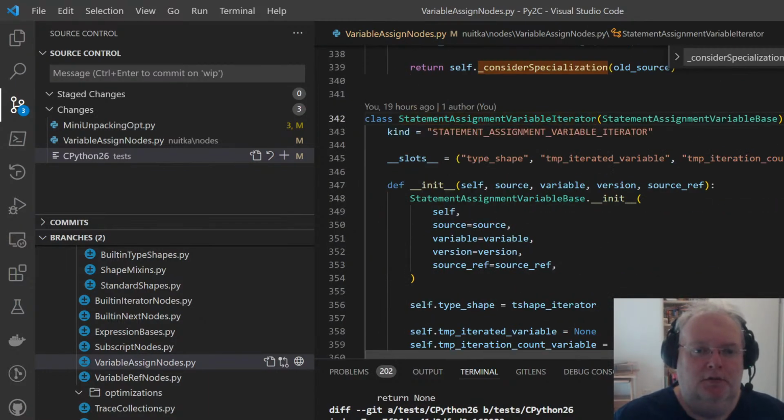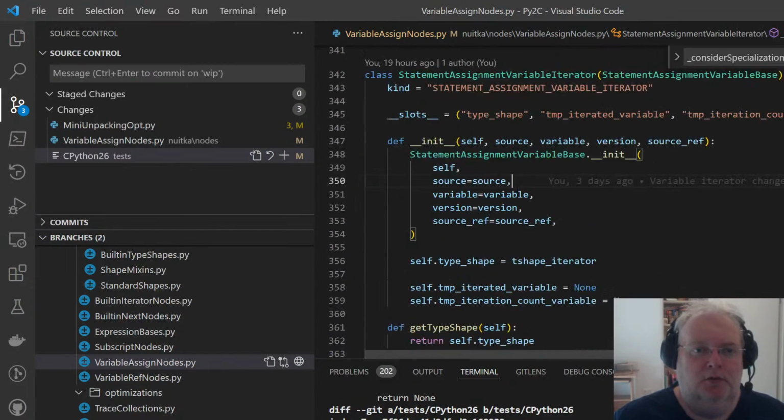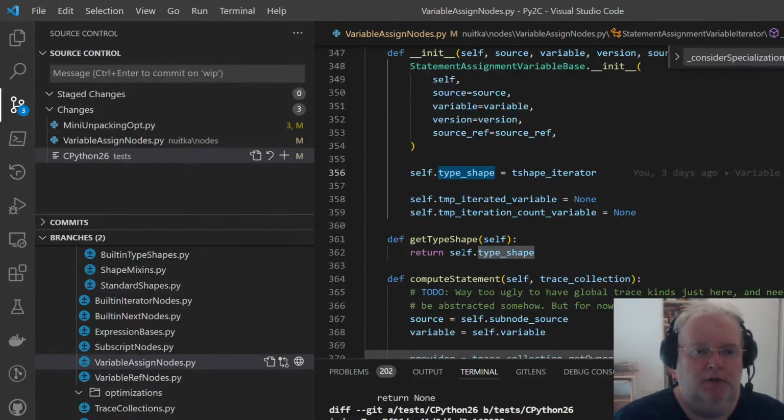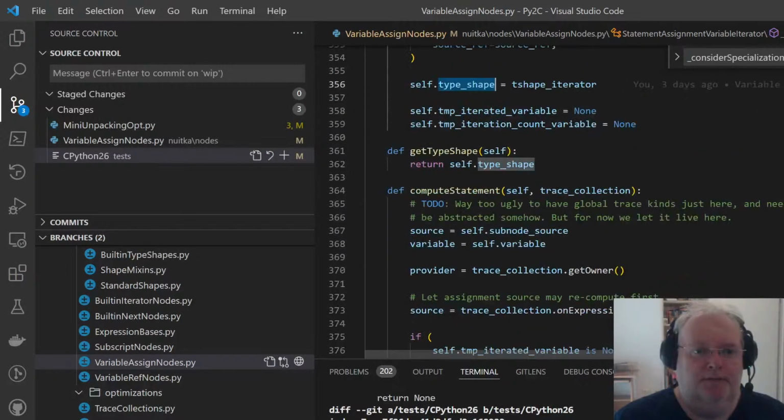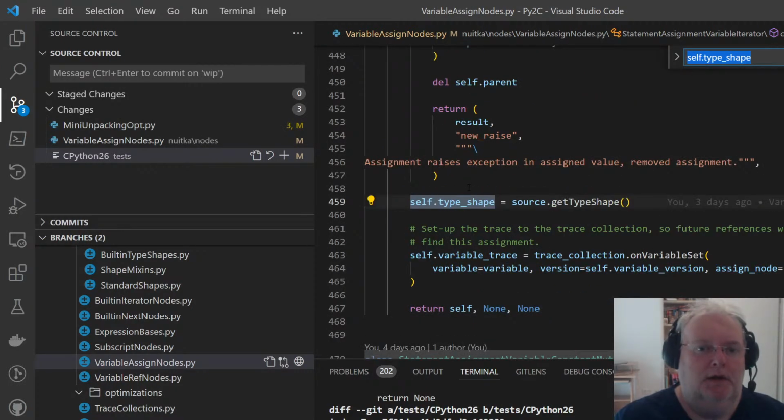Okay, so let's go back to here. So what is this? Basically, it has a memory of what shape it is, and later updates that. Or does it? Yes.